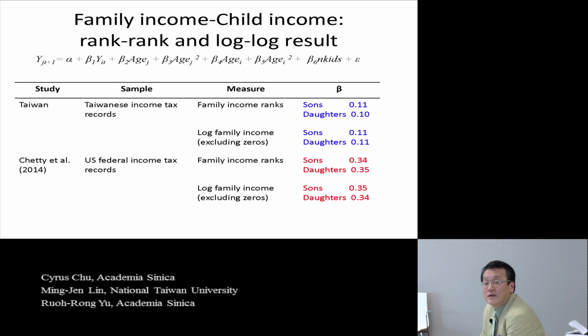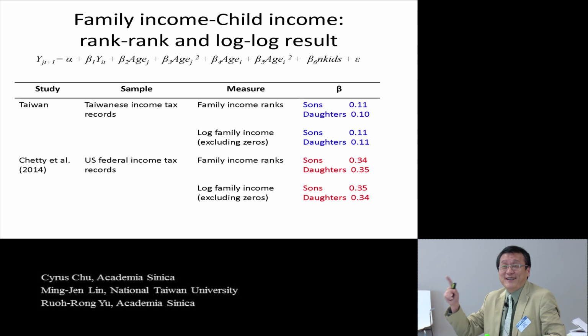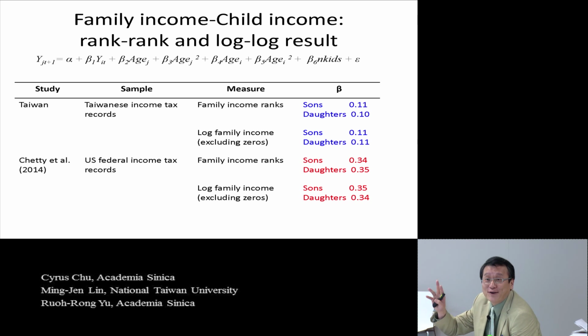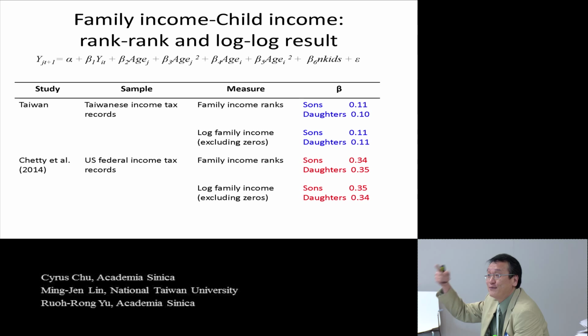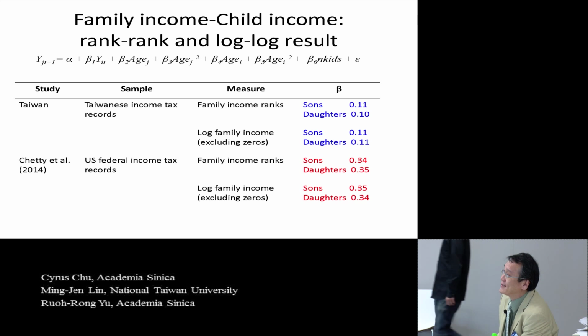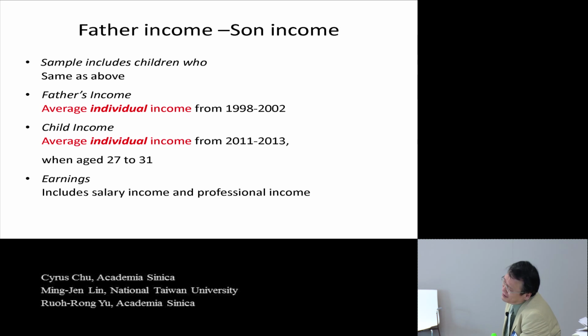Why do you include kids? Because that sounds like a pretty endogenous variable. Yeah, there are many endogenous things. I just finished this 2 days ago, and I haven't had the time to make all the adjustments or modifications. I have to go back to Chetty and see if we match their research exactly. Perhaps we can drop the kids. Anyway,